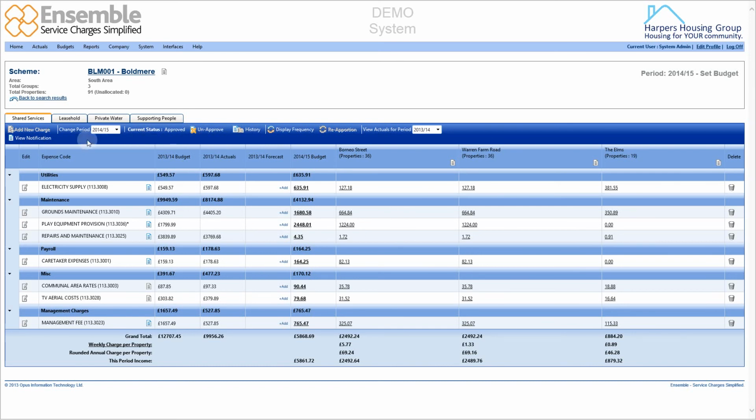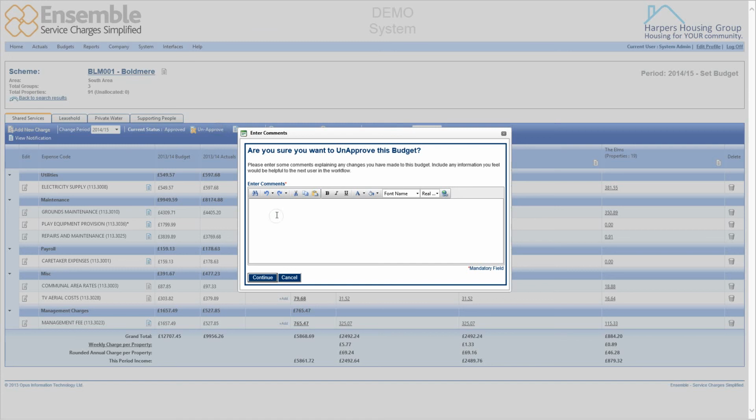Now this that we've been showing has been setting the budget for the shared services, which is sort of like the communal costs or services and costs that everybody within those groups or those schemes would receive. You could have the time when you are including a property within the group or the scheme to attribute and apportion the costs fairly, but that particular unit does not receive the service and so does not want to be charged it. If I move back through and show you that functionality,